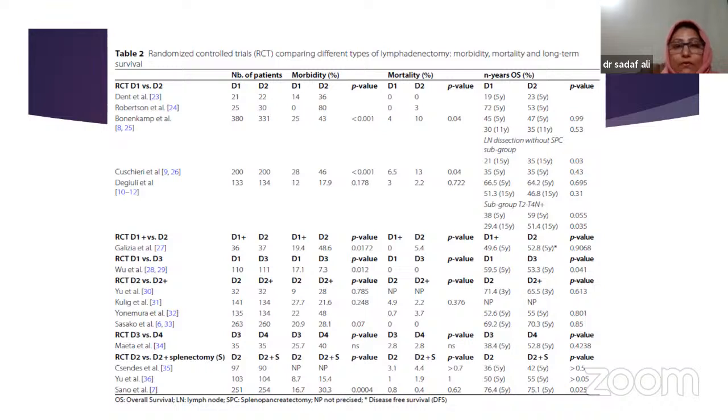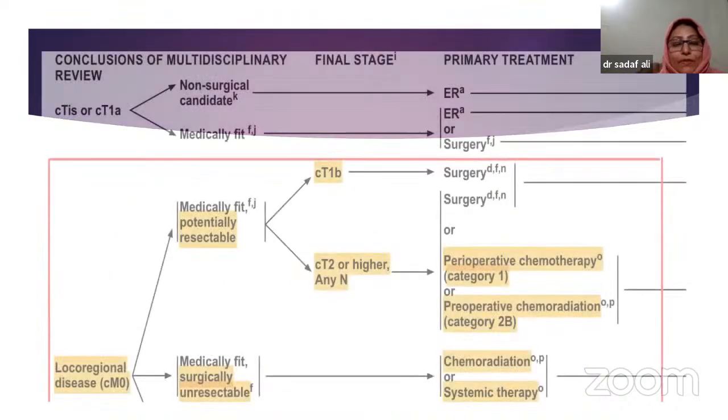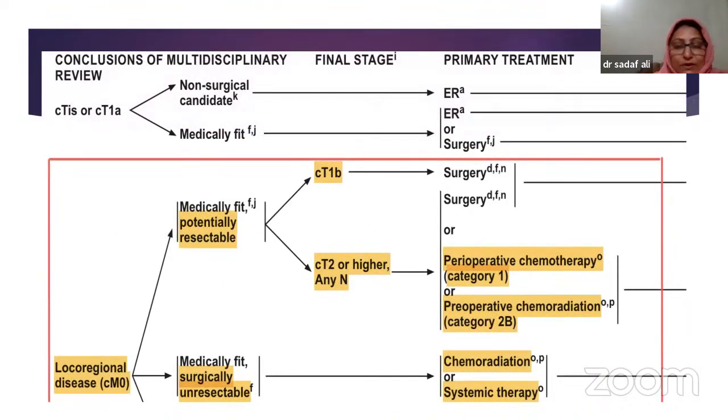What is peculiar here about lymph nodal dissection is that these studies clearly showed that the morbidity and the mortality were not as shown by the European world. The D1 and D2 are almost at par with the survival, except for 1 or 2 exceptional studies which showed the reverse. And this is how it is now a standard practice and has gained a place in the NCCN guidelines, where